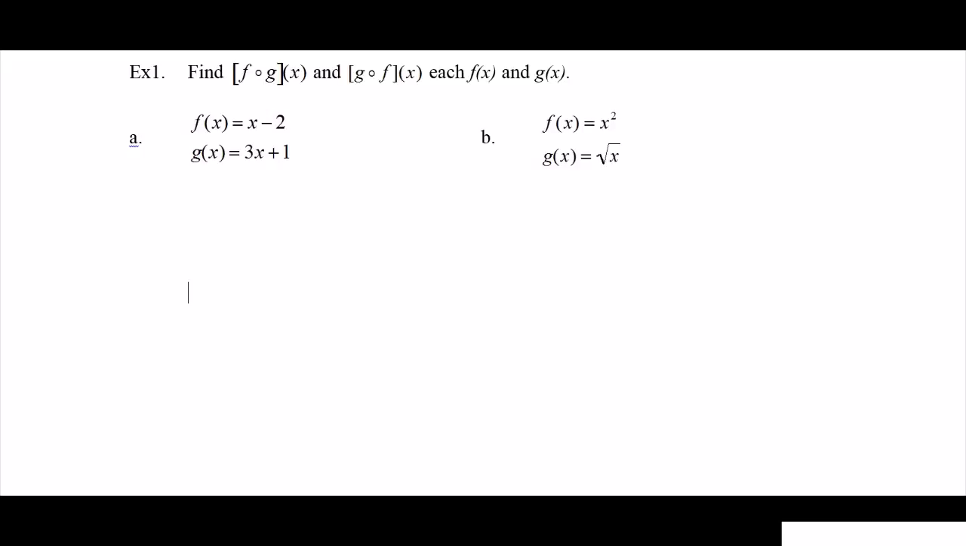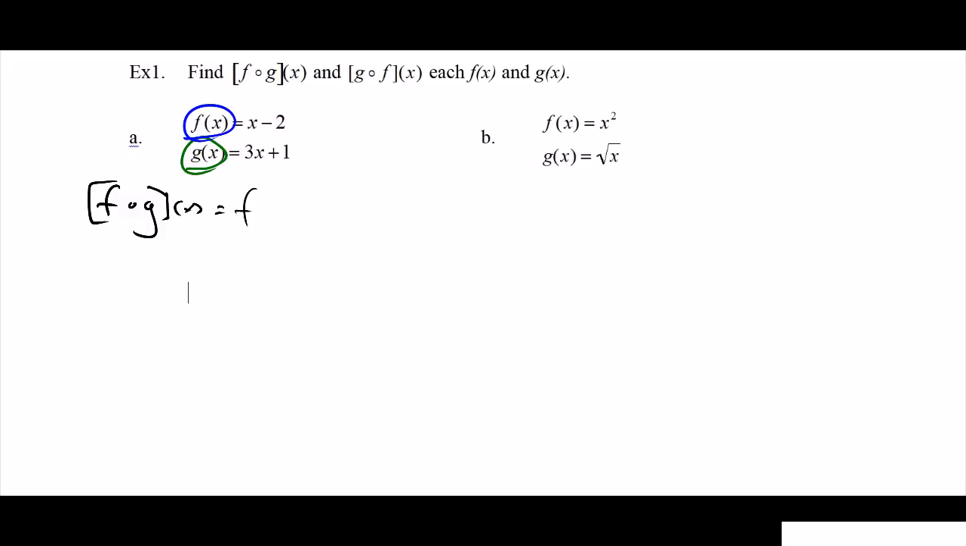So example number one, we have two different functions. We have a g of x. We have an f of x. And what are we going to do? We're going to compose them. So we're going to join them together. And it's going to look something like this. So if we want to find f of g of x,